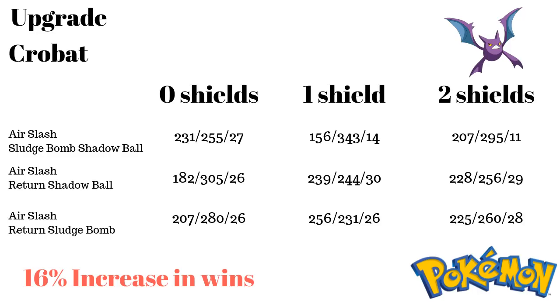You do give up a lot in the 0 shield, since Sludge Bomb, Shadow Ball are really good nuke move sets. But when you compare this, even with Return, it's still much worse compared to Golbat. 1, Golbat has slightly better stats than Crobat, and then 2, the difference between Air Slash and Wing Attack is quite drastic. I think when I looked this up, if you gave Poison Fang to Crobat, it picks up some wins. When you give it the same stats, for example, with running Air Slash, it picks up like 10 more wins. But the really big difference is between Air Slash and Wing Attack, and that's just because